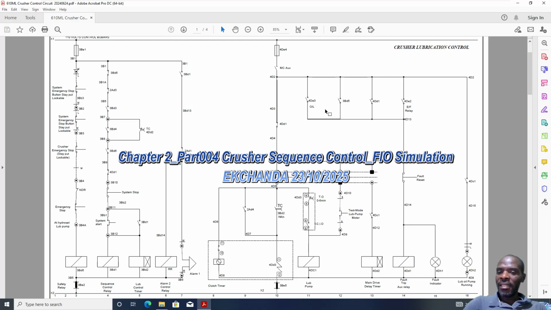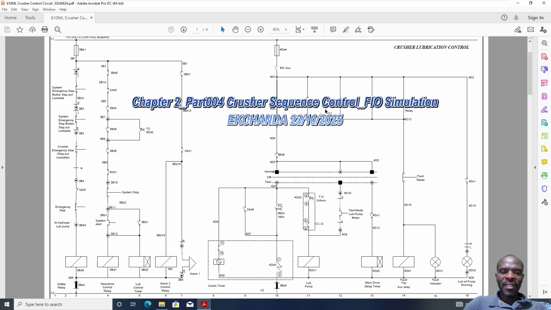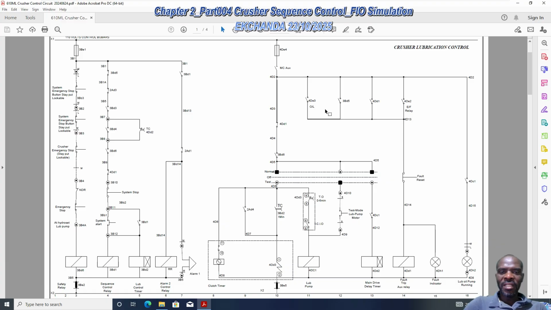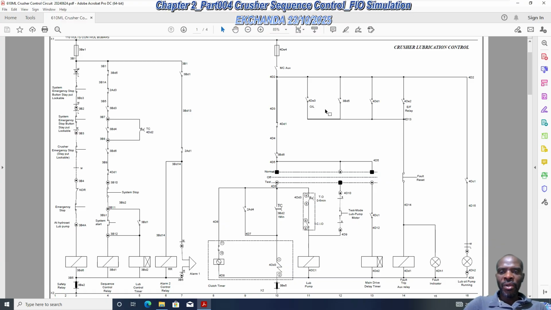electrical schematic, and then we managed to create the PLC program. The most obvious question is, how are we going to simulate our program? How are we going to ensure that the program works the way it's supposed to work? Now, there are many ways in which this can be achieved, but just to spice things up, to allow